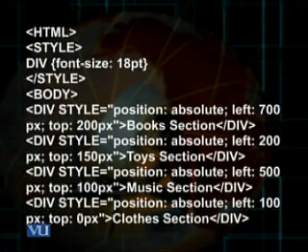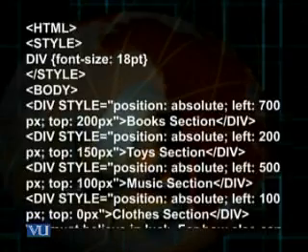Consequently, the words music section would be displayed according to the specification, the values I have kept for left and top in this particular div tag. Then the fourth div tag, as you can see, again position is absolute. Now I change the value of left, it is now 100 pixels, top is 0 pixels, and I write the words clothes section.